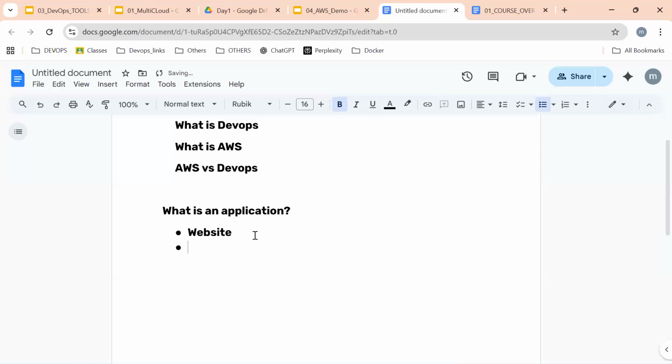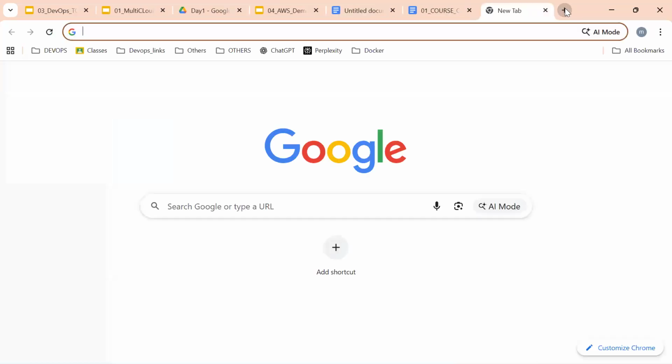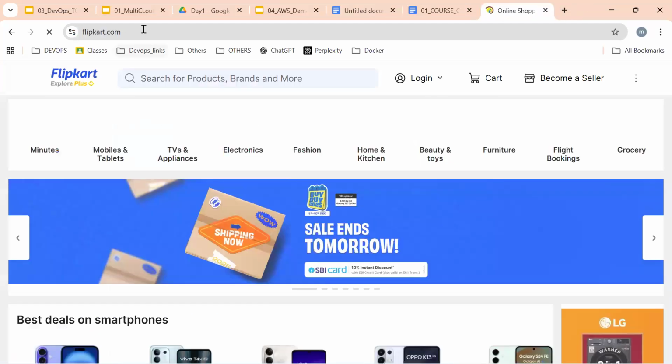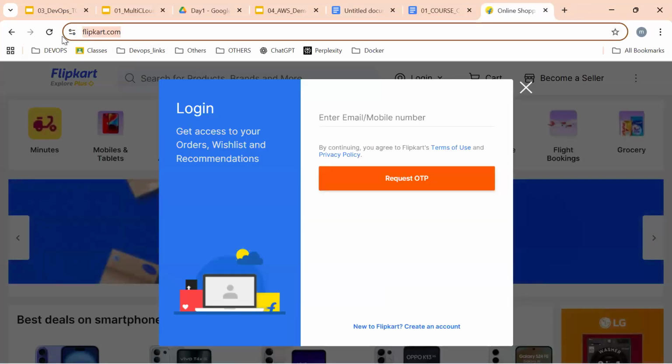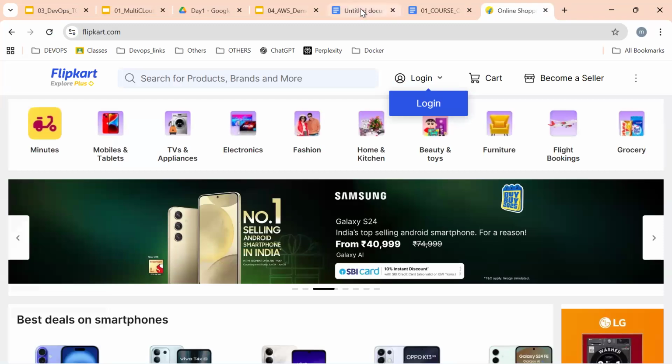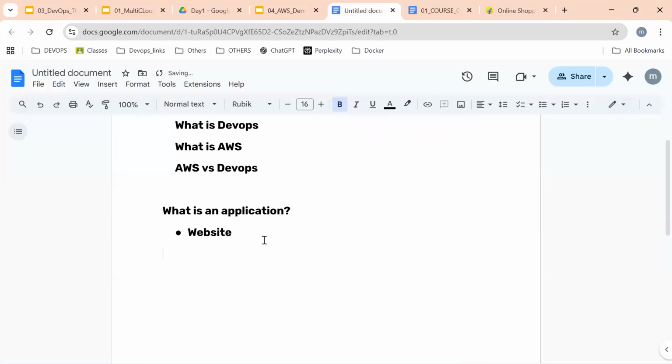Clear. But it looks like our Flipkart or Amazon, Book My Show, any website. For maintaining this website, for deploying this website, what kind of infrastructure is required? What is infrastructure? The infrastructure might be